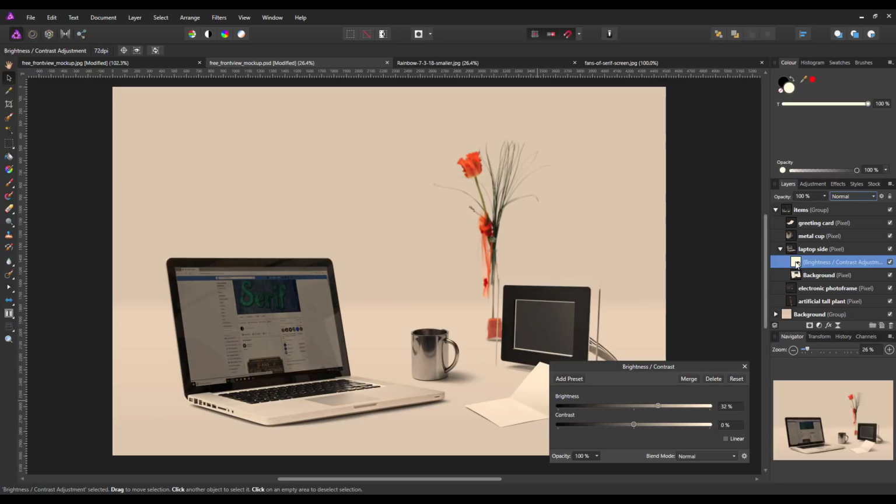So what I'm going to do is I'm going to drag this down and put it into the Facebook image, like so. So now I've got a group within a group. So now when I alter this, it should just alter the screen. Let's try knocking the contrast back and the brightness up a bit. Maybe contrast and brightness may not have been the best option here, but